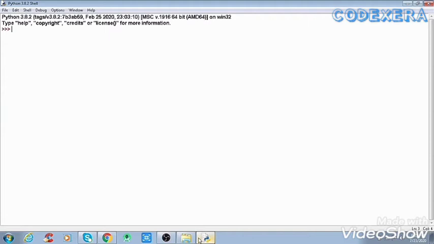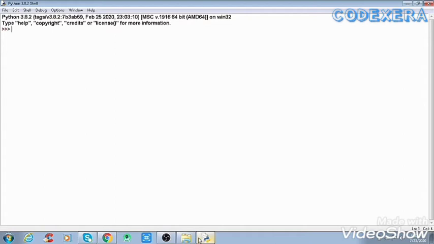As we have already learned about strings and lists in the last section of the tutorial, now let's start with tuples. A tuple is used to store a sequence of immutable Python objects. That means we can't change the values in a tuple. A tuple is similar to a list, but the values of the items stored in a list can be changed, whereas a tuple is immutable and the values of items stored in a tuple can't be changed. So this was the definition of tuples.